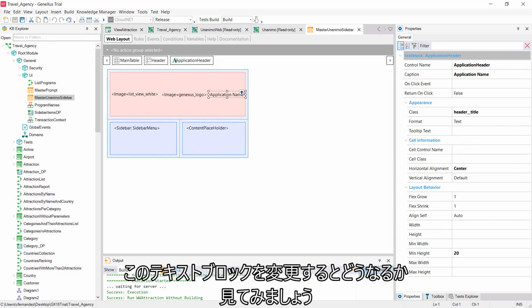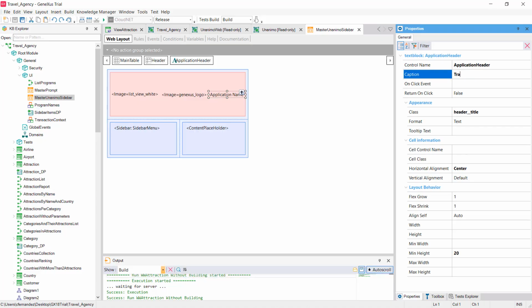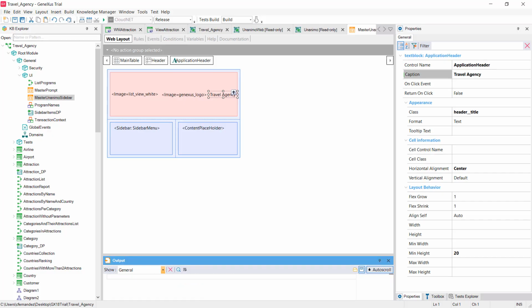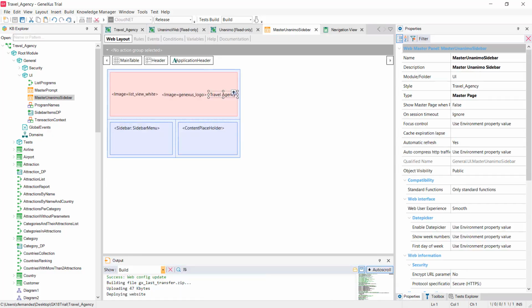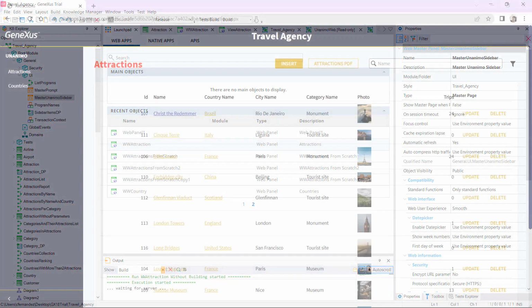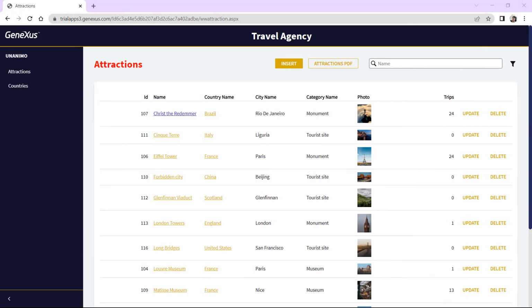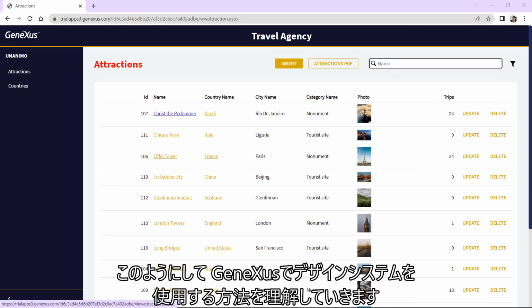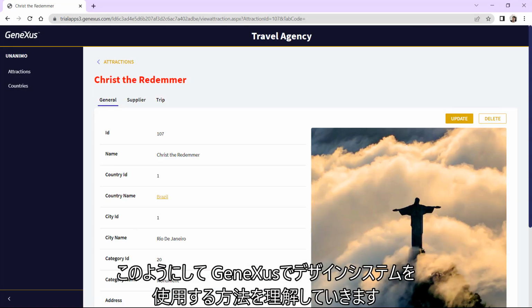Let's see what happens when we change this text block. In this way, we start to understand how to use a design system in Genexus.